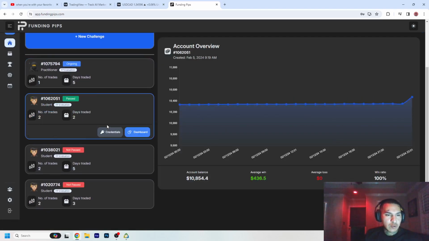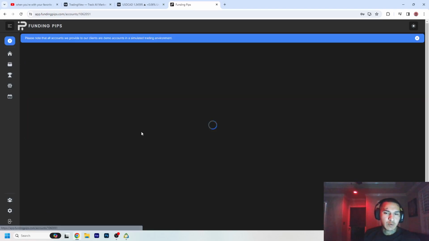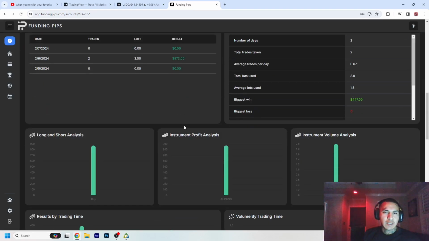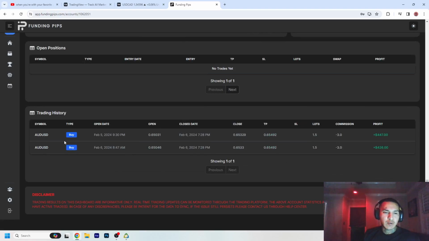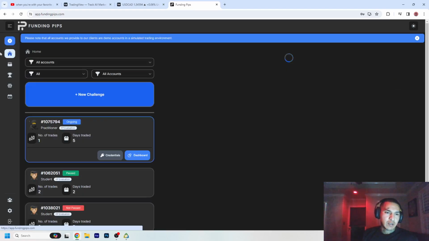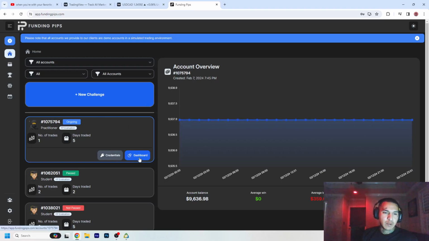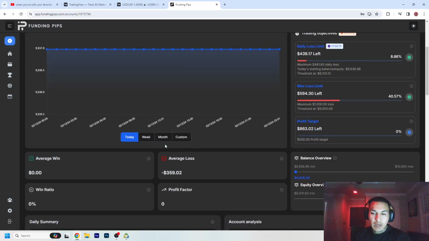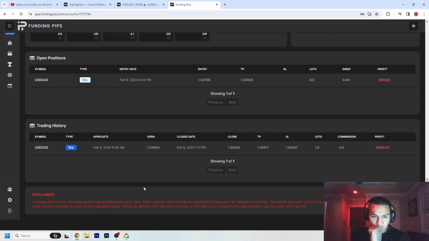So now we go to the next one, dashboard. This one was a little bit easy. As you can see, it only had to make 800. I was able to buy AUD USD, and we both made profits of 800. And we were able to pass. So right now we're doing the practitioner, the second part, and right now I only have lost one trade in USD CAD, and the same thing, I think it was greediness.